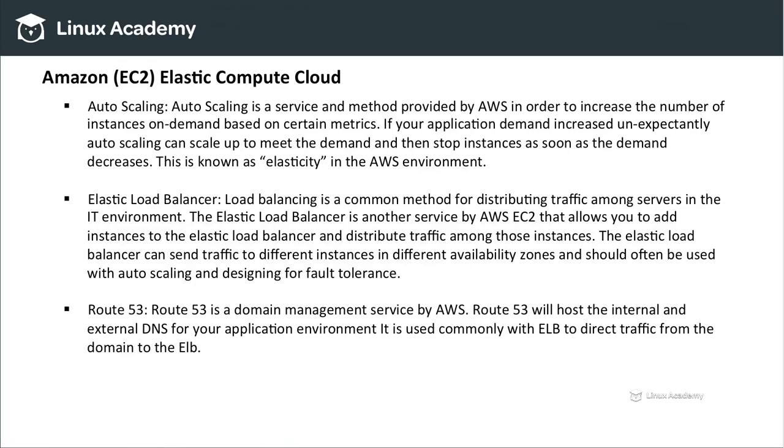So it'll come into the Elastic Load Balancer, go to one instance. The next request will go to another instance. The next request will go to another, so on and so forth. And it will evenly distribute that traffic among those instances, which means if one of those instances becomes unavailable, then the traffic will go to the other instances. And because it's inside of multiple availability zones, if one of those availability zones becomes unavailable, the traffic will go